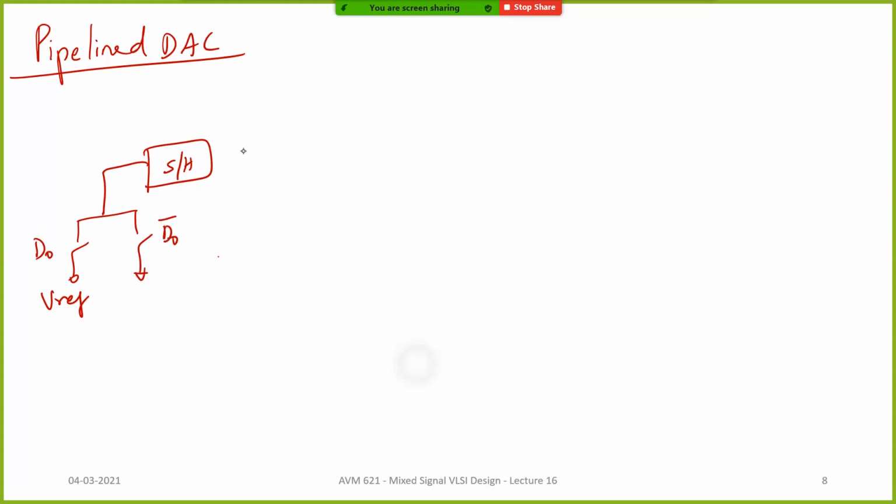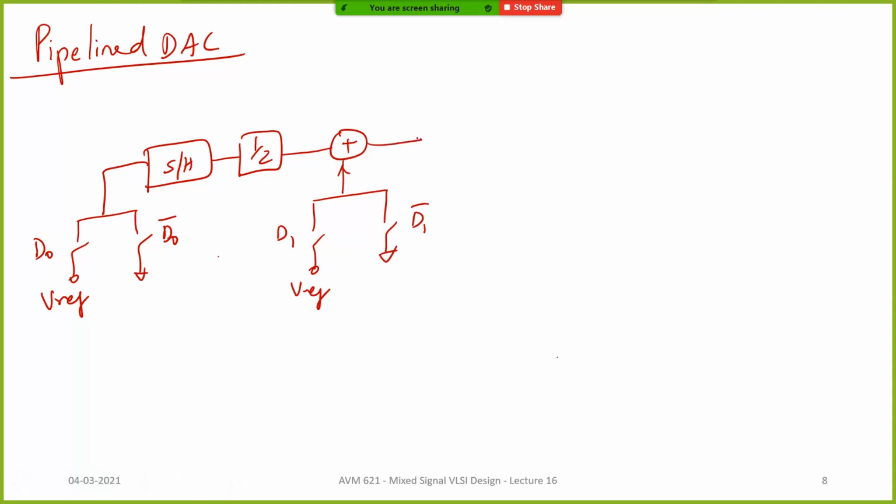This goes to a gain of half, and then you add this to d1, d1 bar, right? And then again you sample it, divide by 2, and then you do it,